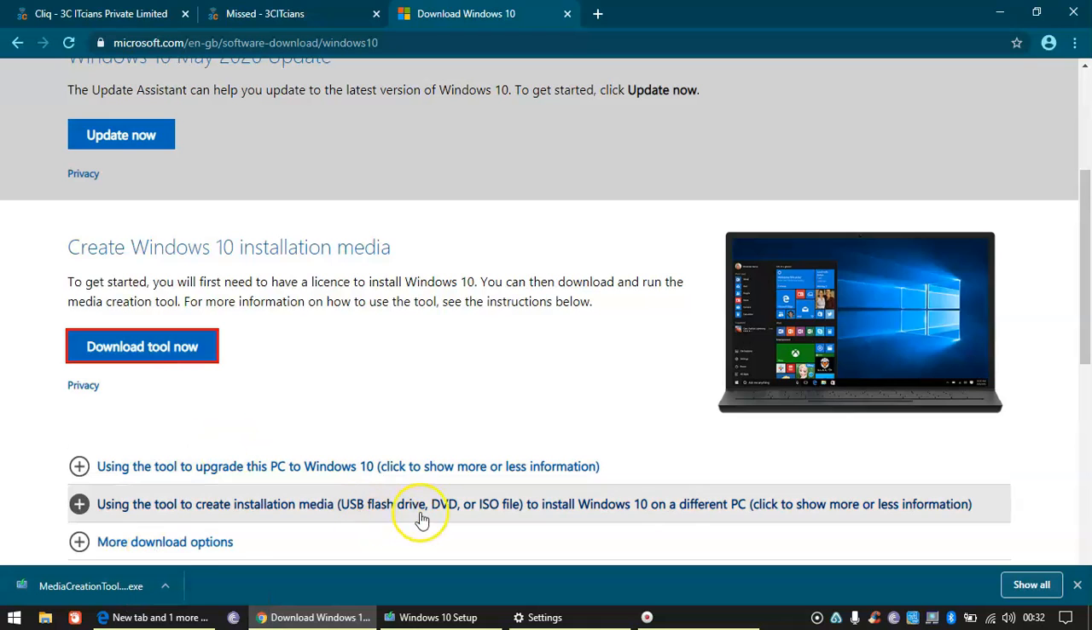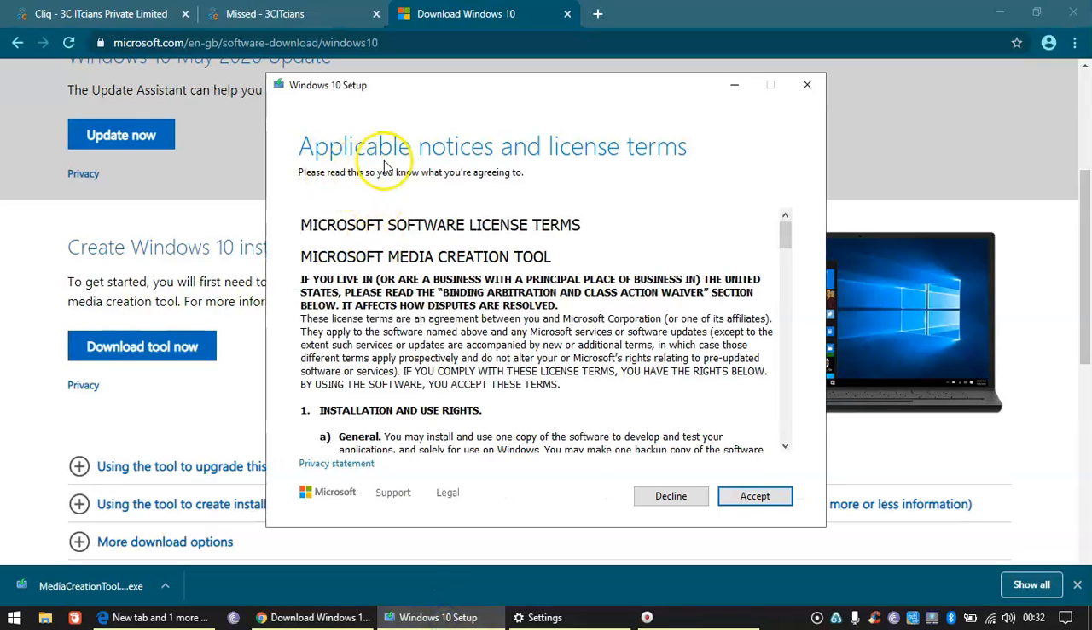When you click run, after a few minutes, you will see this option, applicable notices and license terms. Click on accept. When you click accept, it will ask you to update your PC. Click on update your PC and in a few more steps, your PC will restart. Go with every positive response, and when it restarts, after that Windows 10 will be downloaded on your computer or